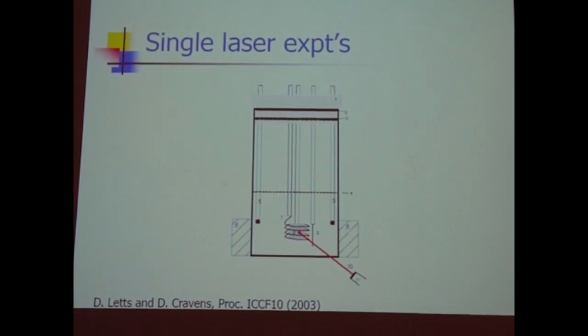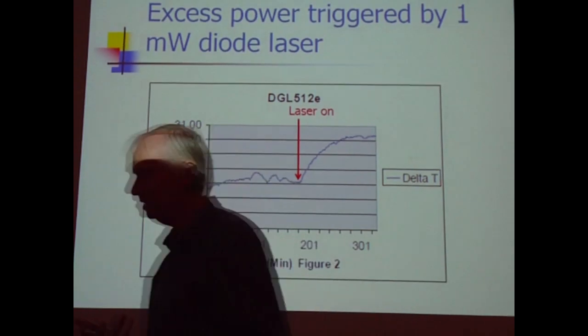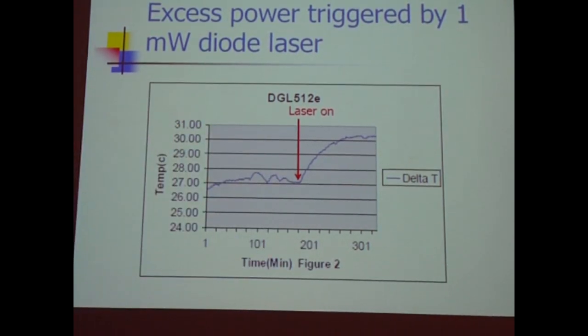The basic idea is that if you take a Fleischmann-Pons experiment, you can run it in a way that produces excess heat, and then imagine backing it down. How do you back it down? If you turn the electric current, the chemical current, down, you're backing it down. If you lower the temperature, you're backing it down. So if you set the thing just under threshold for turning it on, and then you shine a laser on,